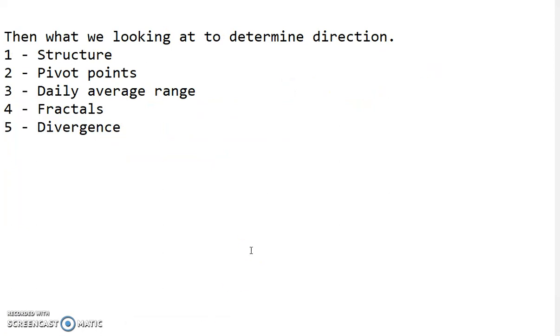Then to determine direction, what do we use? We use structure, we look at pivot points, we look at the daily average range, we look at fractals and divergence. Now you can't look at all of them together, because sometimes structure will point up but divergence is pointing down, or a fractal might show upwards but divergence down, or the pivot points is above the daily pivot, which tells you, okay, you might look for a sell, but then structure shows you it's a buy. So you can't look at all of them at the same time, but you have to look at them,